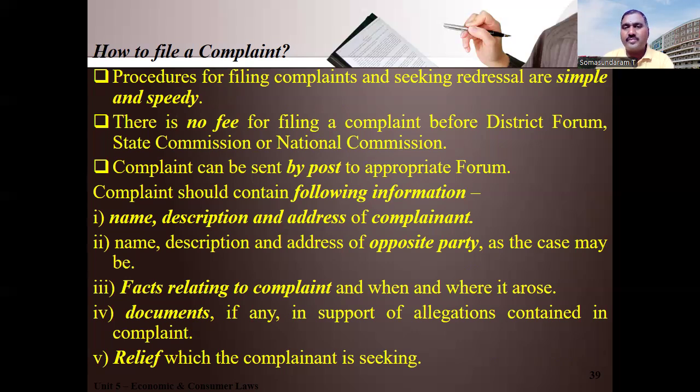So what information should be there in the complaint? You should give details about the person who is giving the complaint, the consumer. As a consumer, you should give your complete details and also to whom you are giving the complaint, whether it is a shopkeeper or the particular shop or showroom, their details also. And the complaint regarding what? That particular information should also be there. Any documents or proof you have, like the packing, the pack which is information you can attach, or the product which is contaminated. You can have a test report also if it is required. And what kind of remedies you are expecting? Whether you want a replacement of the new product or money return, whatever it is.